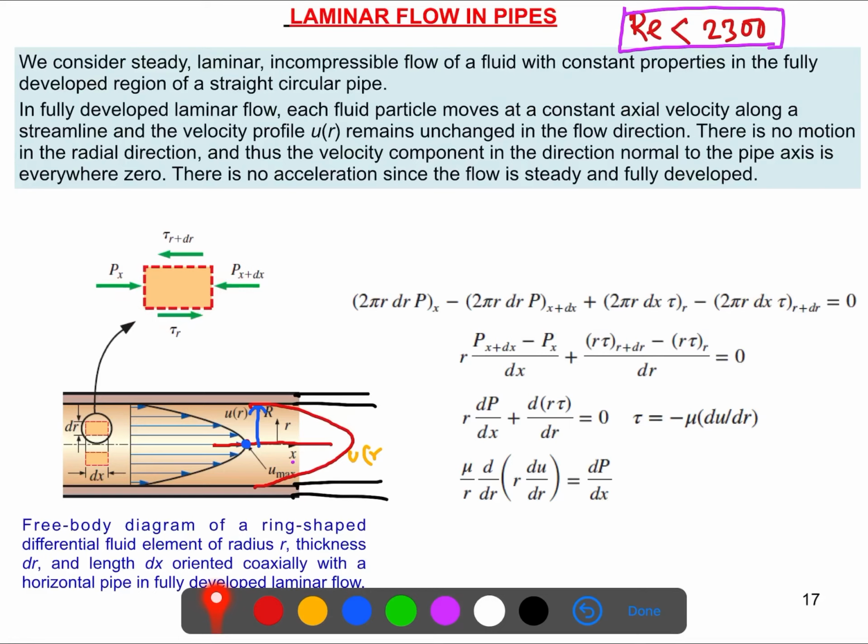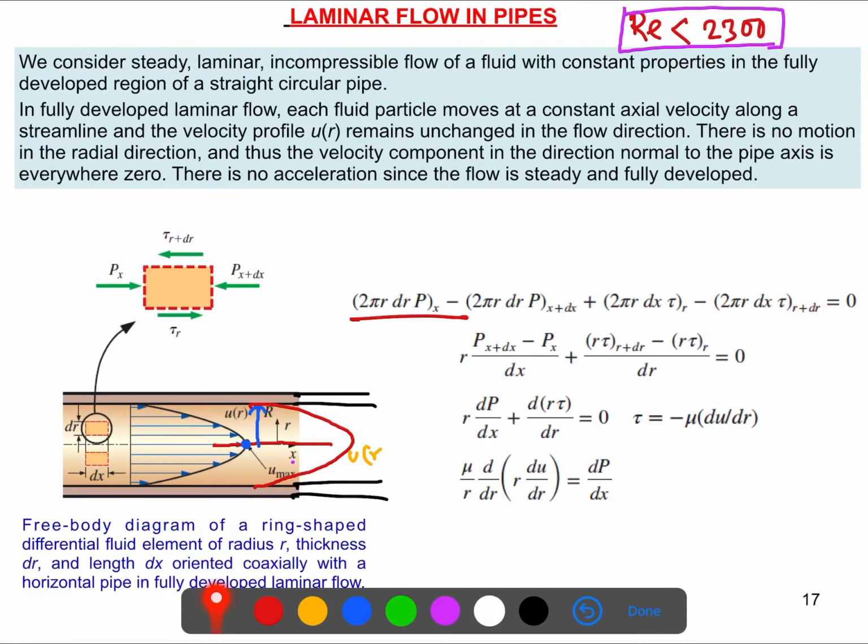So we just calculated the force, and you know how we get the force from the pressure: we just multiply by the area here. I will not explain all these calculations in detail, but I will just quickly go through it. So you see, this is the pressure force this way, and this is the positive direction. At this point it is the negative direction. We said this is negative, then tau at r, the shear stress, is in the opposite direction, so negative tau at r